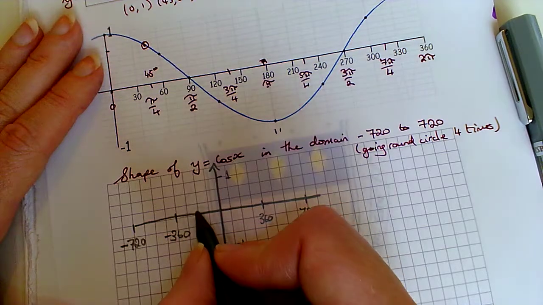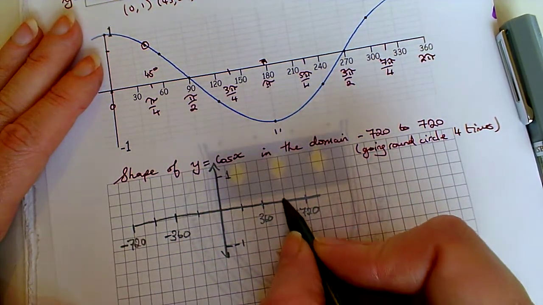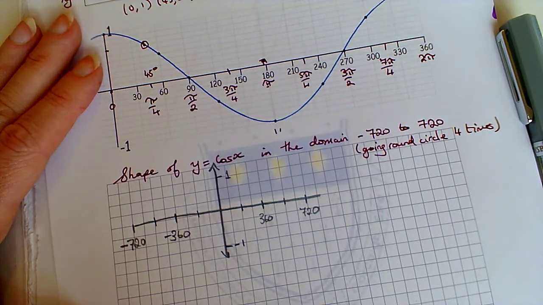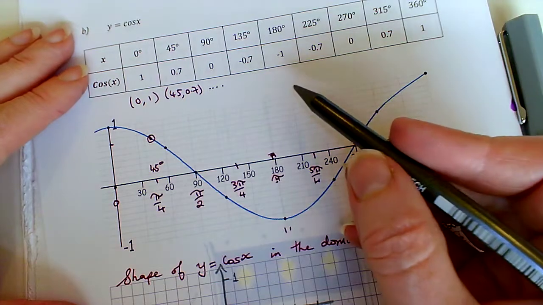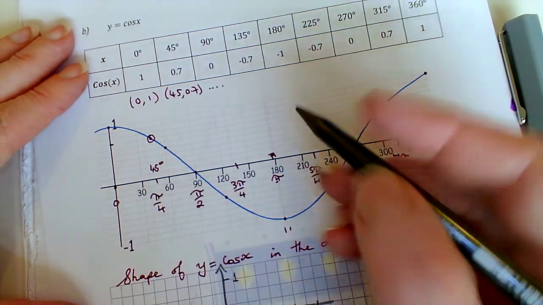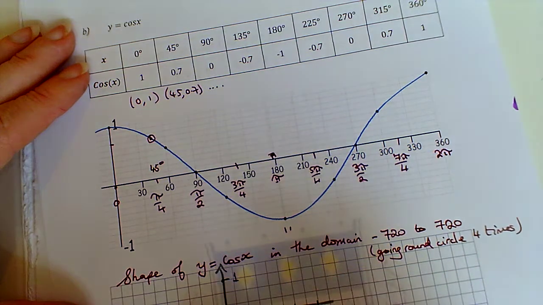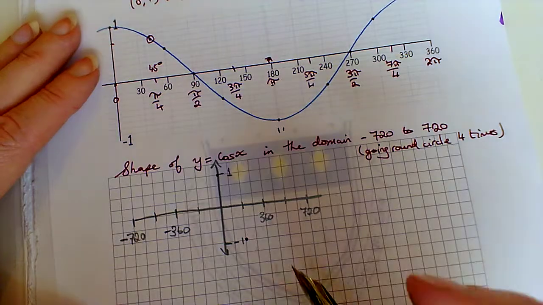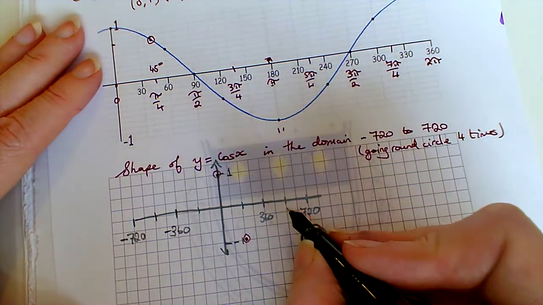Okay, 180 degree chunks. And what happens is, we look back up here, cosine of x oscillates between 1 when it's 0 degrees and -1 when it's 180 degrees. So it's going between 1 and -1,